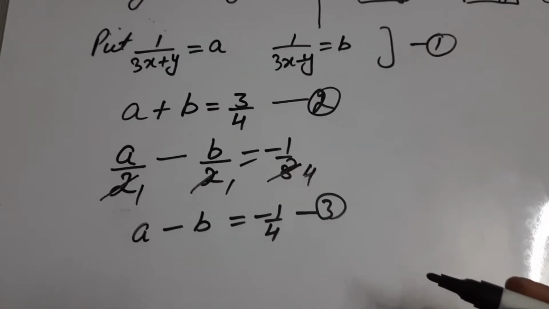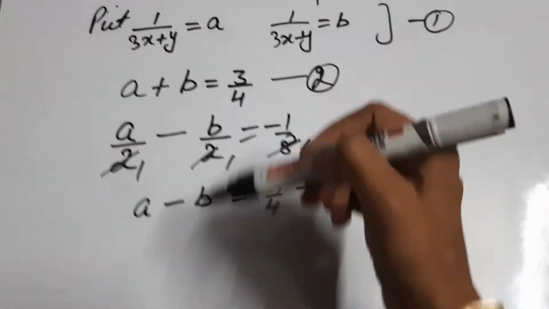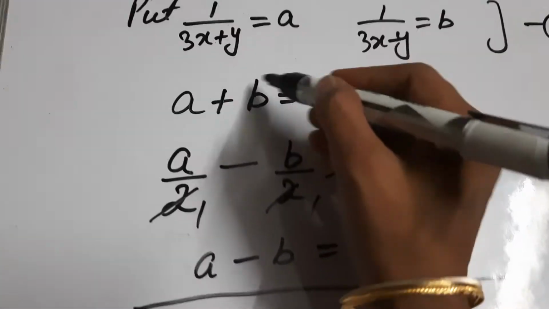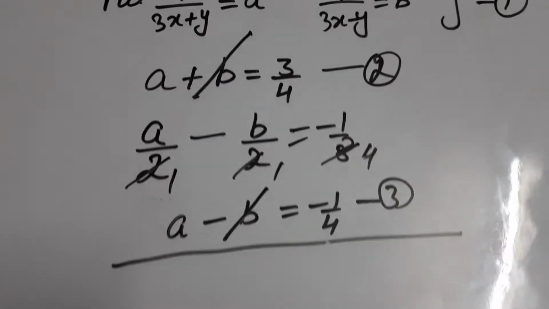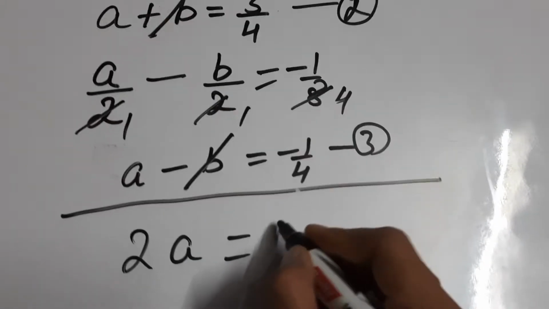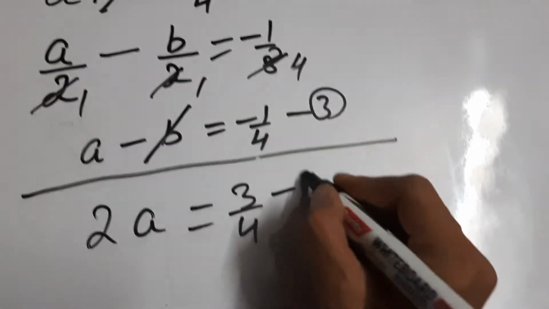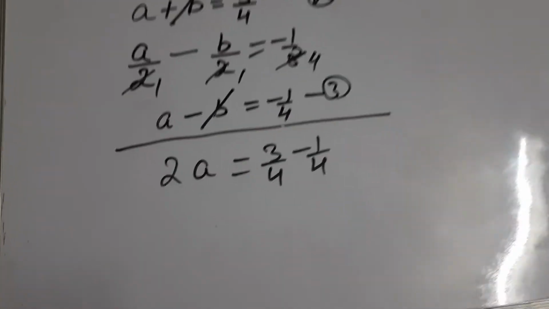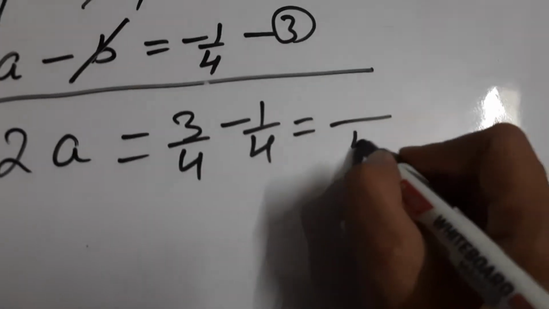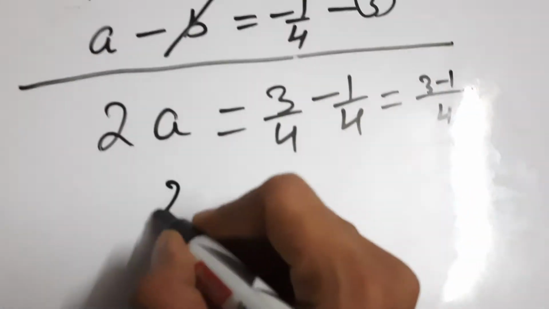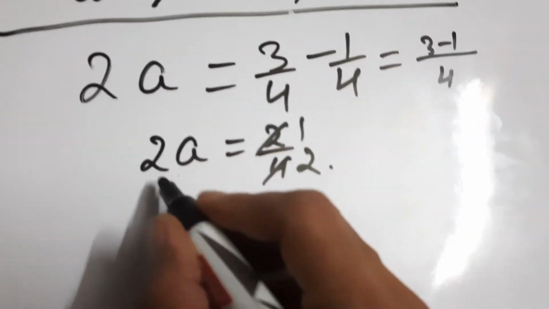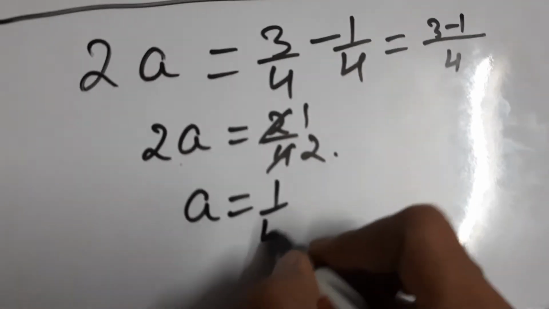Now we can solve it by elimination method. Write them separately. I'm solving them here only, equations 2 and 3. As the coefficient of b is same and signs are opposite, I'm cancelling them out. A plus a is 2a is equal to 3 by 4 and minus 1 by 4 by adding them. As I told you, we'll write by adding 2 and 3, we'll get this. So now solve them. When you will take the LCM of this, you will get 4, 3 minus 1, that is 2 by 4. So 2a is equal to 2 by 4, that is 1 by 2. It is multiplied, goes to other side, it will get divided, so a is 1 by 4.